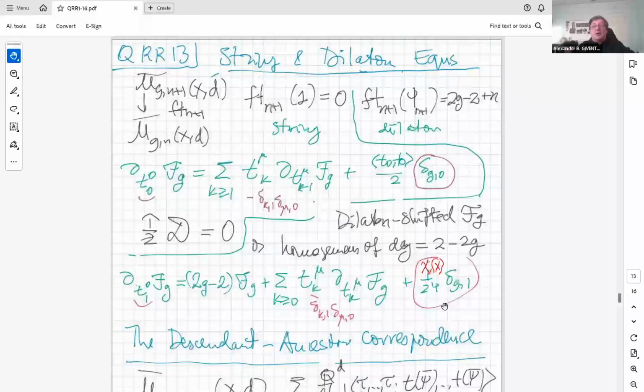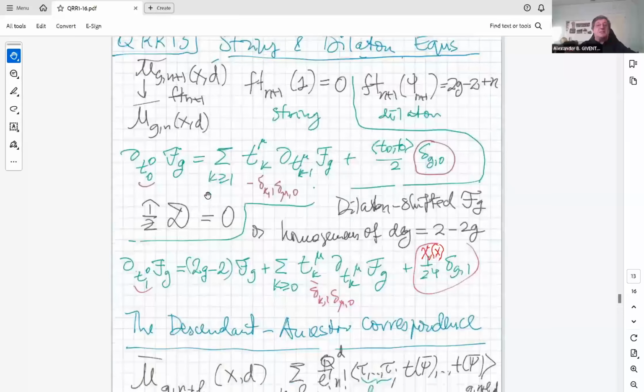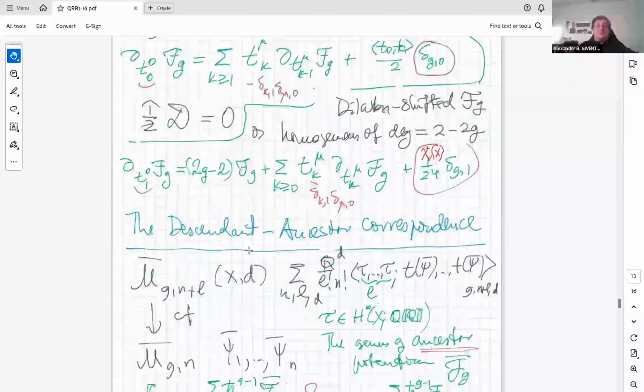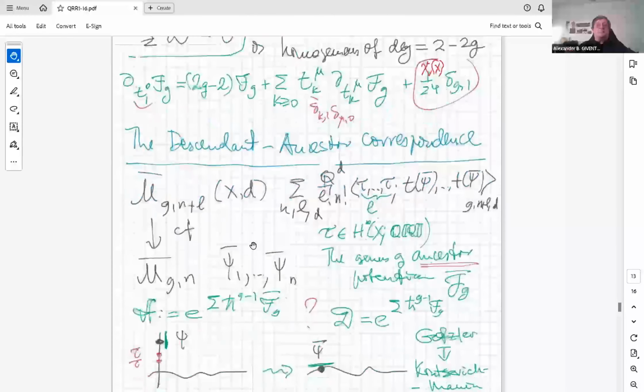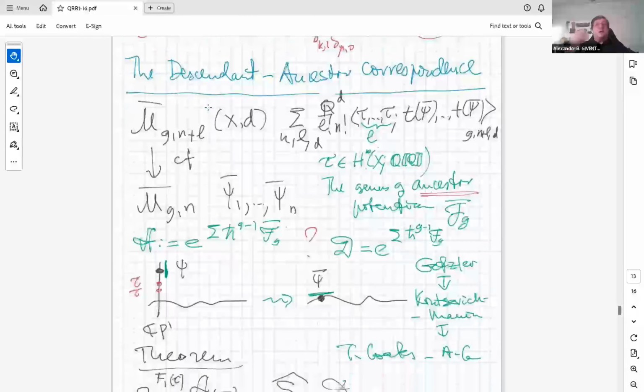In genus 1, there is some anomaly, and I think I made a typo. It should be the Euler characteristic of the target space divided by 24, and it comes from the fact that in degree 0 in genus 1, there are no curves. There is no moduli space with no marked points, so there are some terms that you have to compute by hand. So there's some anomaly that comes from that. But anyway, there are such identities, but the most important thing is the following story,